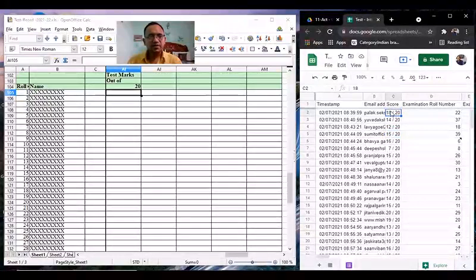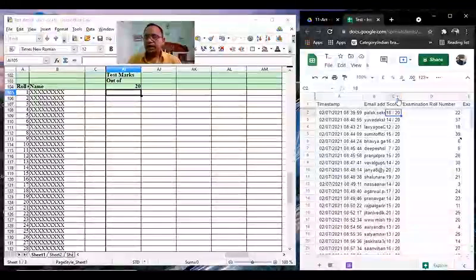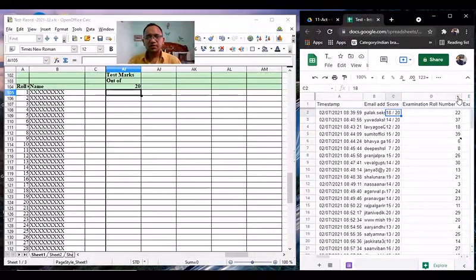First thing I want to do is arrange the scores roll number wise. Now the first scenario we are taking is when all the students were present. There was no absentee. So I have this column D containing roll number. First thing I will do is click on the down arrow.